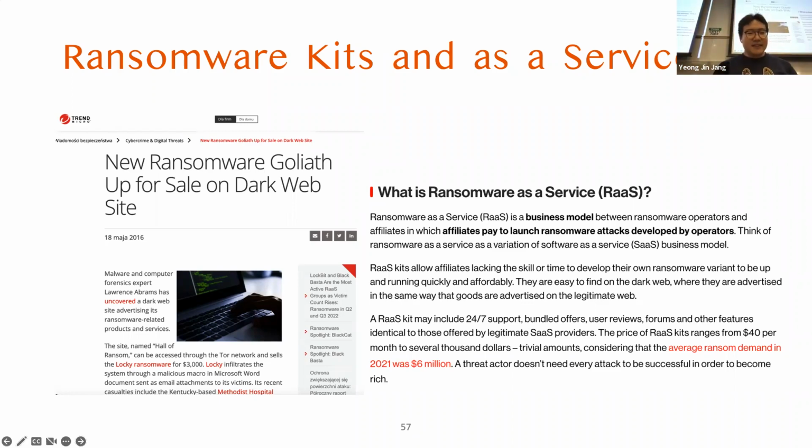But the important thing is that on the dark web, one can easily purchase a ransomware kit. So we call that ransomware as a service. So in 2016, there was a ransomware kit. So as an attacker, we can just purchase it, and then we need to manage all the things. But with ransomware as a service,